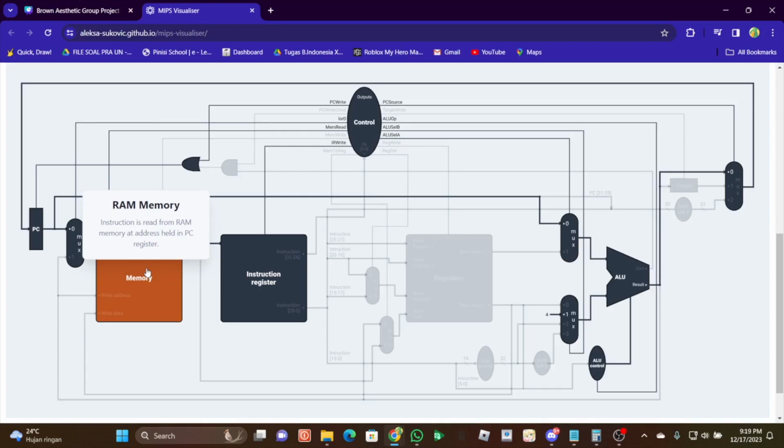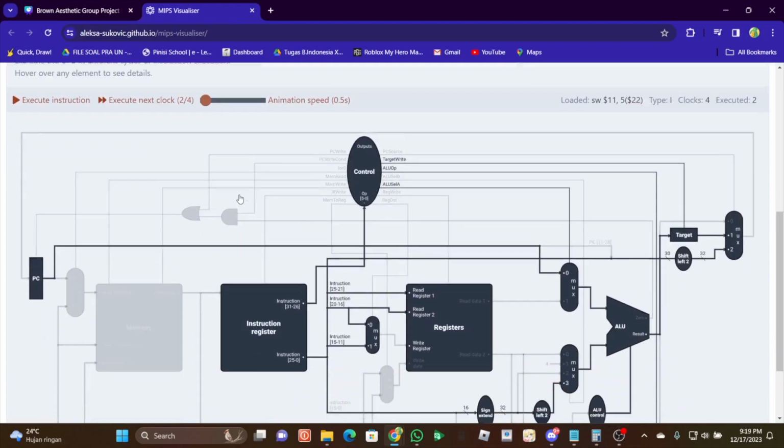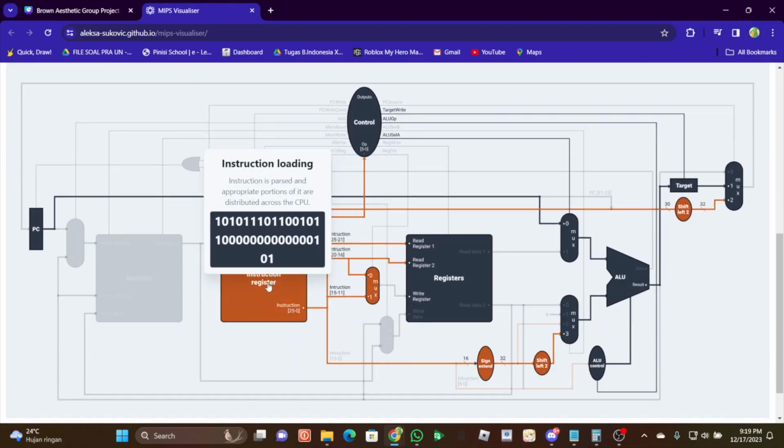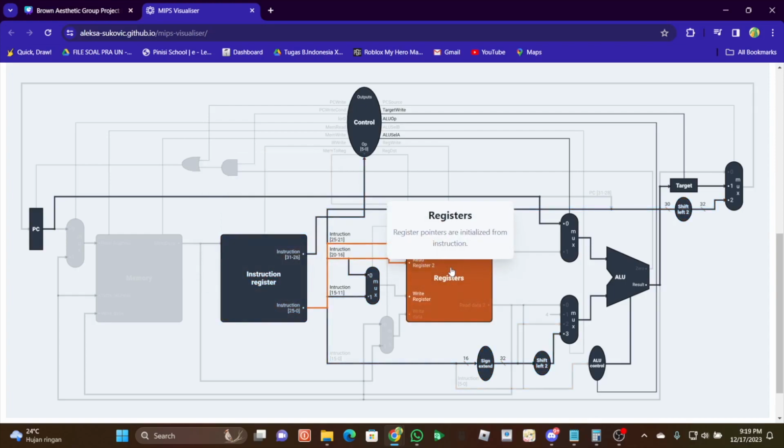The instruction is read from RAM memory at the address held in the PC register. Okay, next clock. Instruction loading. The instruction is parsed and appropriate portions of it are distributed across the CPU. And after that, register pointers are initialized from the instruction.